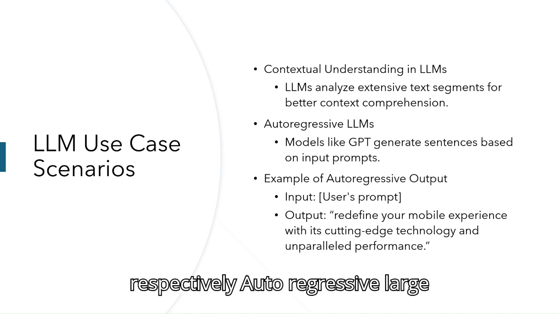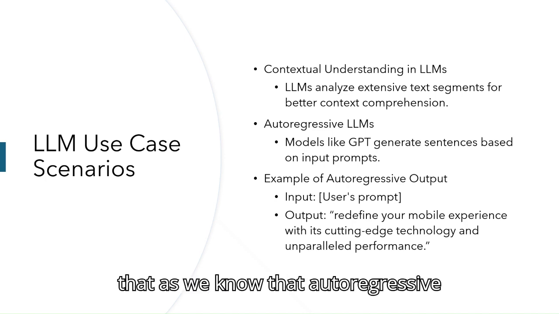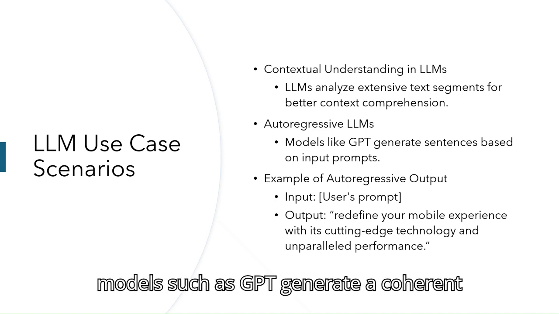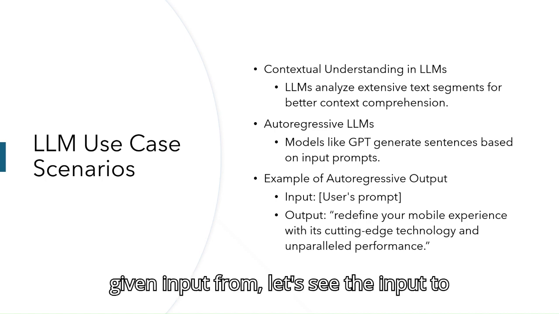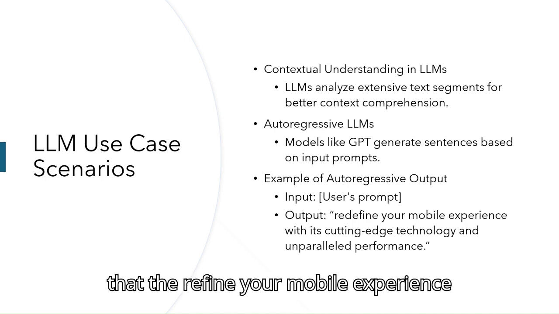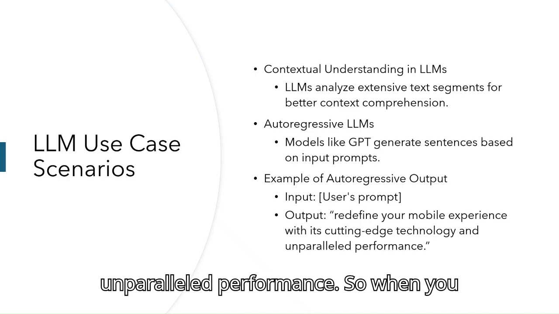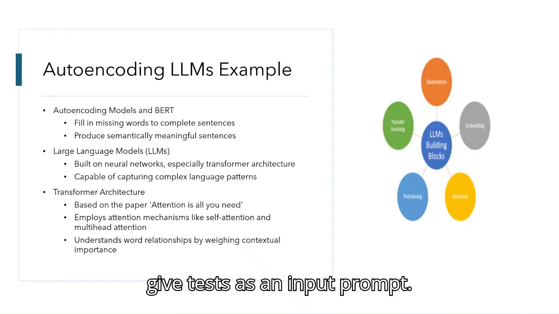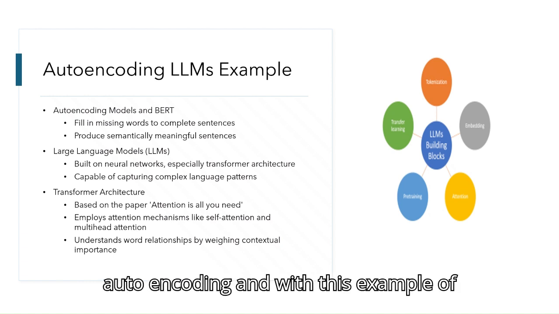Autoregressive large language models, let's take an example. As we know, autoregressive models such as GPT generate coherent and contextual text based on the given input. Let's say the input to the autoregressive model could be: "Refine your mobile experience with its cutting-edge technology and unparalleled performance." So when you give this as an input prompt, the model does the